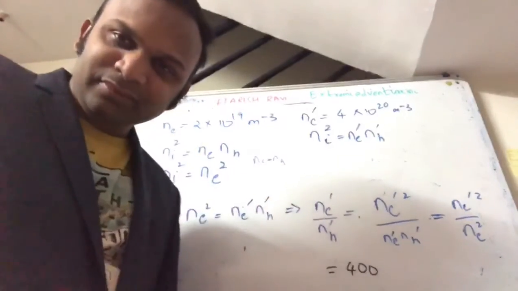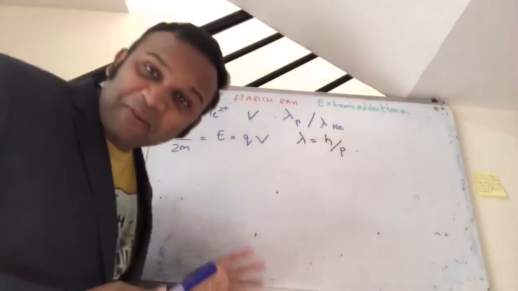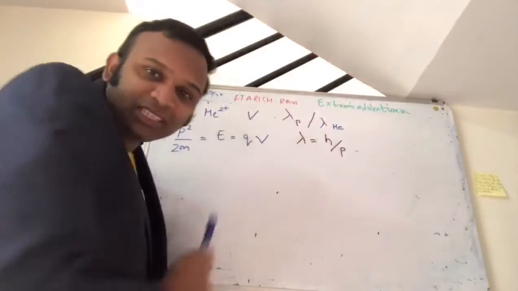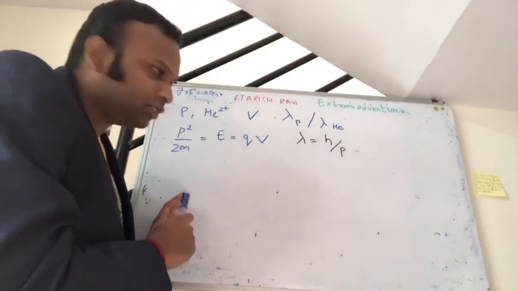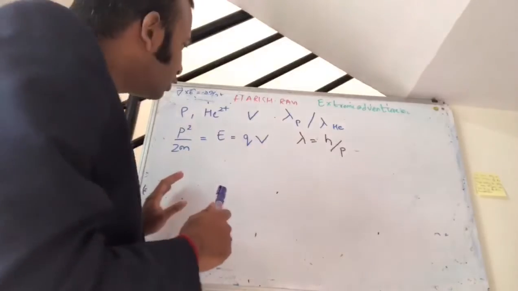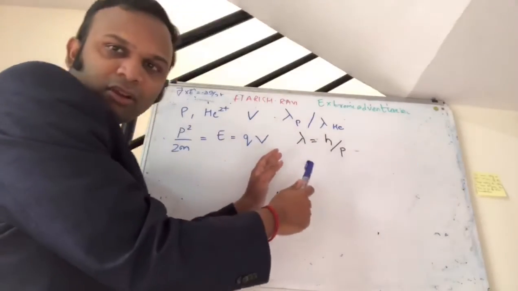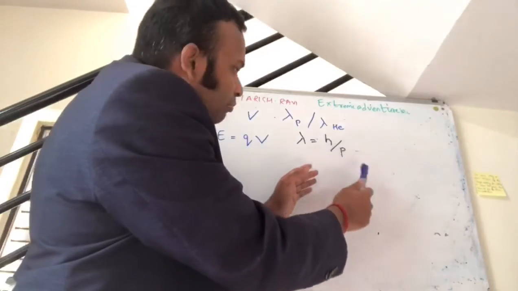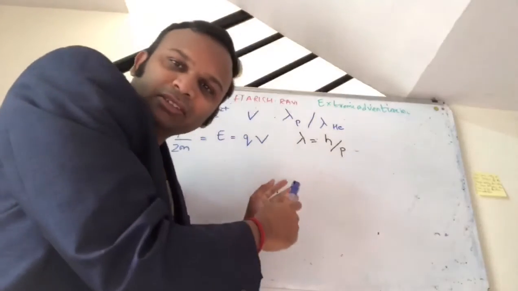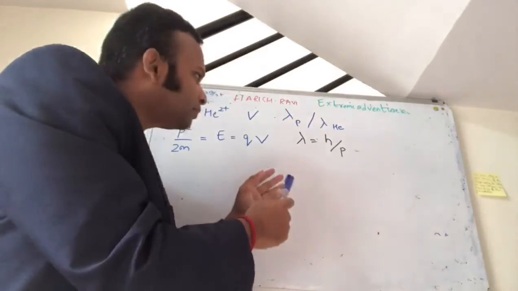Thank you. Hi, this is Interdisciplinary Professor Harish Ravi from Extreme Adventuring, and today I'll be giving a lecture on alpha particles and protons and de Broglie wavelength. So the de Broglie wavelength of a matter wave is lambda equals h, Planck's constant, divided by p. I have measured the Planck's constant with an LED and a prism.